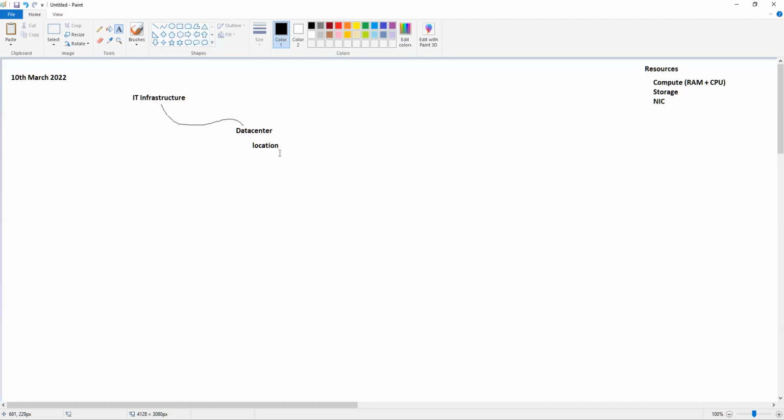Okay, so coming back to the data center and the selection of the location. You want to choose the location, and then you have to worry about the compliances and regulations wherever you are hosting the data. There are so many different compliances. If your business deals with finances, you have different compliances for finance, plus the local compliances for that particular region. If you are working somewhere in Europe, Asia, Africa, whatever country, you'll have to be compliant with those compliances. So you need to take that into consideration as well.